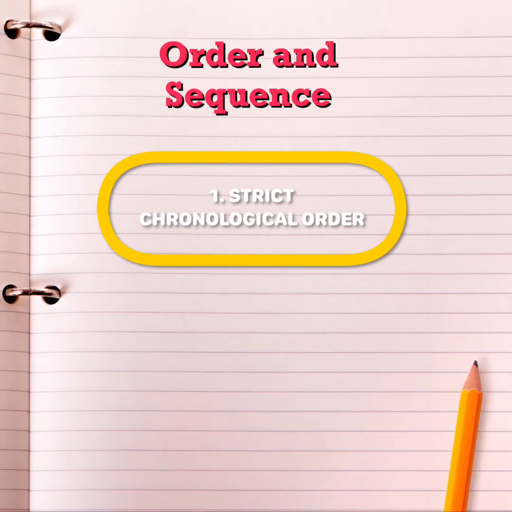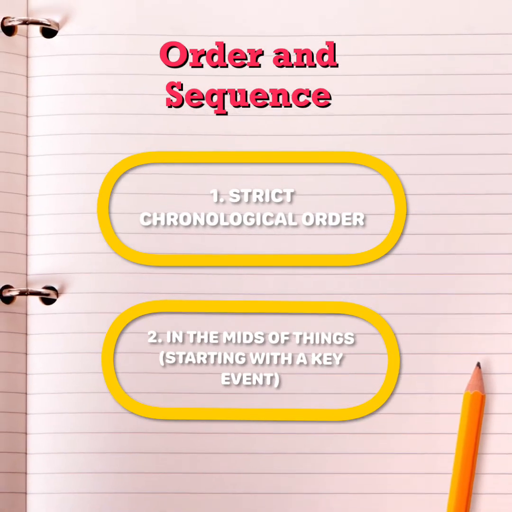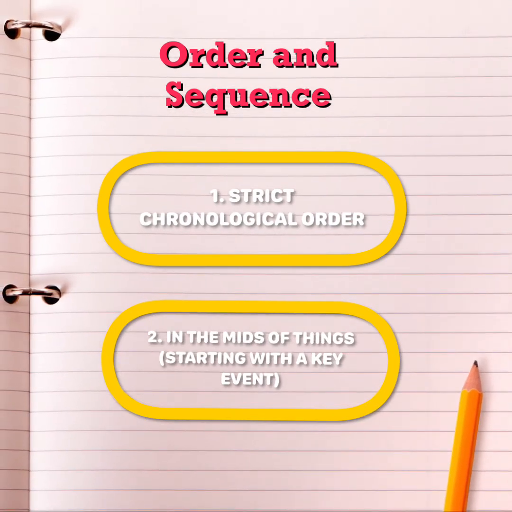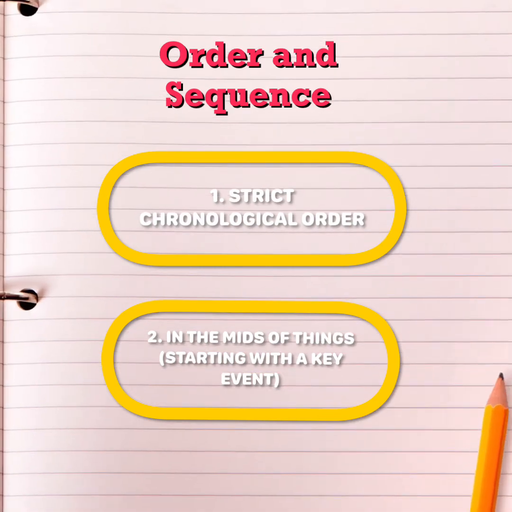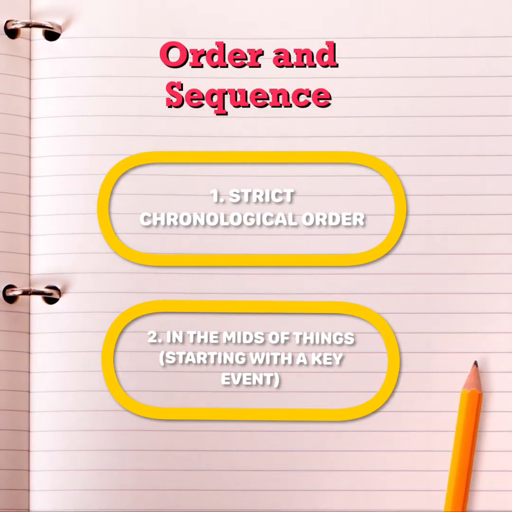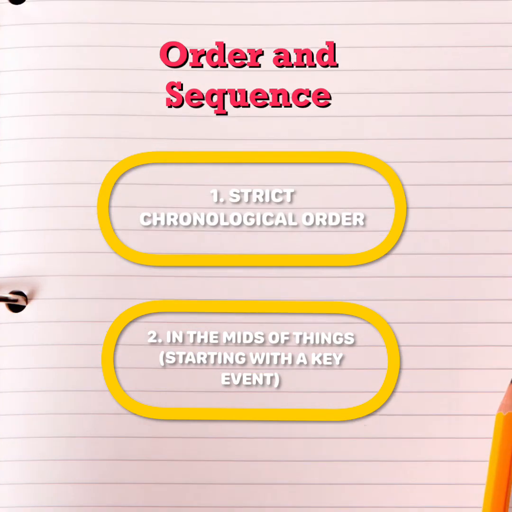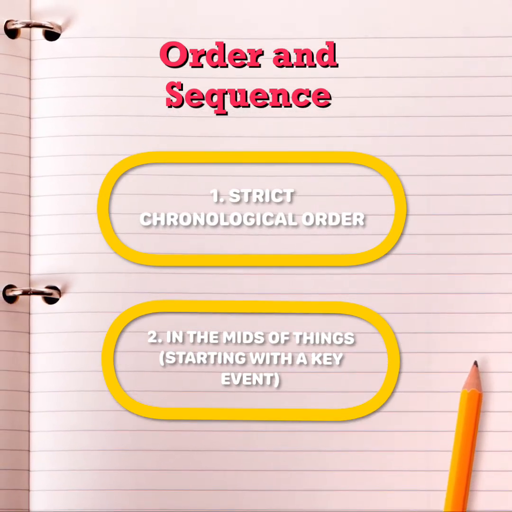However, especially in relatively modern fiction, writers do not present events chronologically. So they present incidents out of expected order or in no apparent order. For example, a writer may choose to begin in the middle of the story. So it might be starting with a key event and later going back in time to explain events that preceded it.